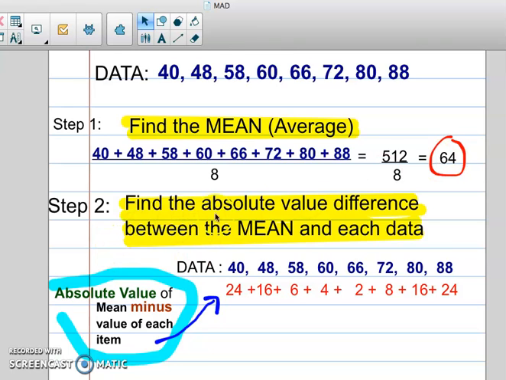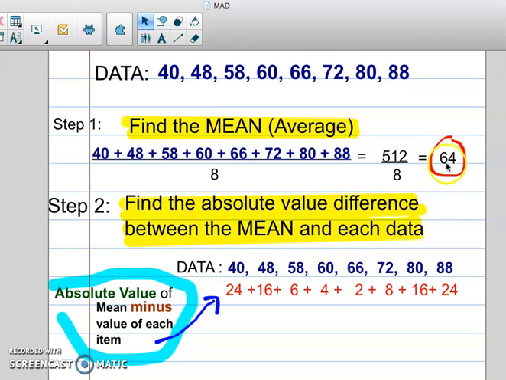Step 2, find the absolute value difference between the mean and each data. So this is the mean and this is the data. So we're going to find the difference between this and each data over here. I'll put plus because I'm going to be adding it later on. So 64 minus 40 is 24. And since we need the absolute value, remember, 64 minus 48 is 16, 64 minus 58 is 6,